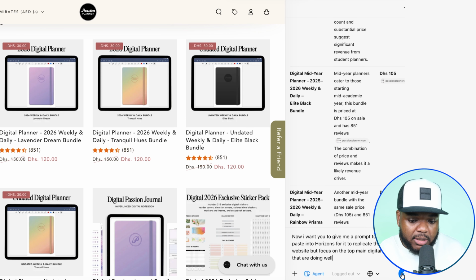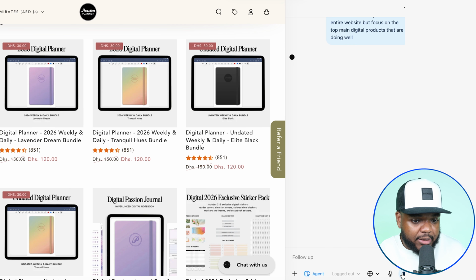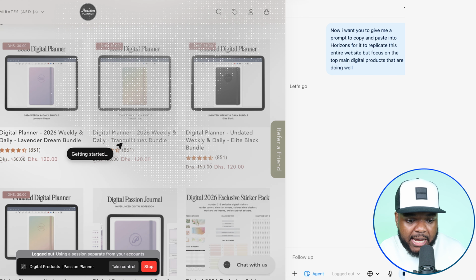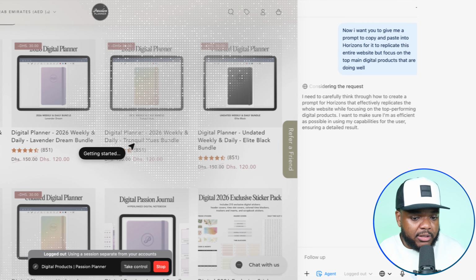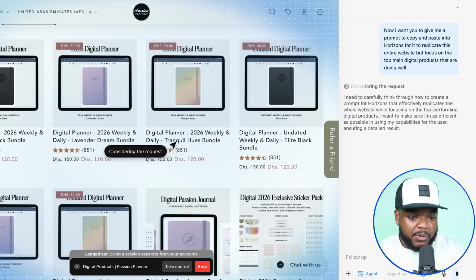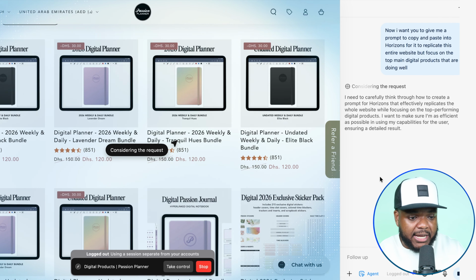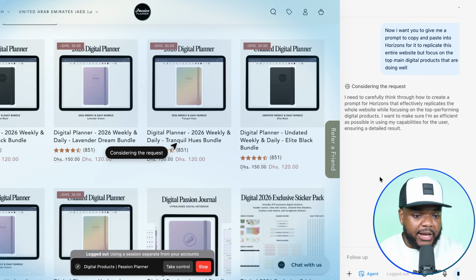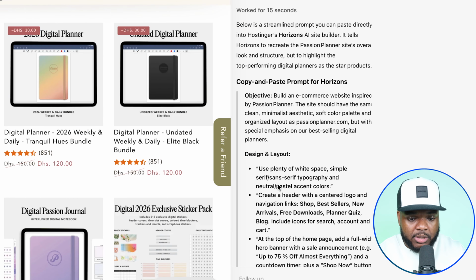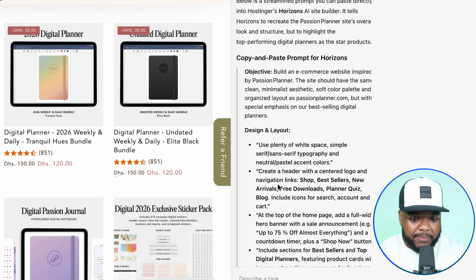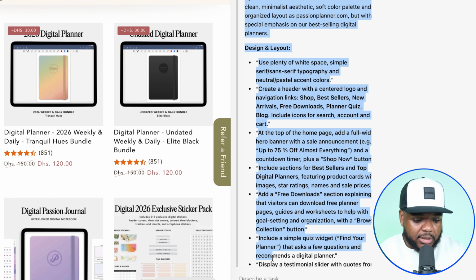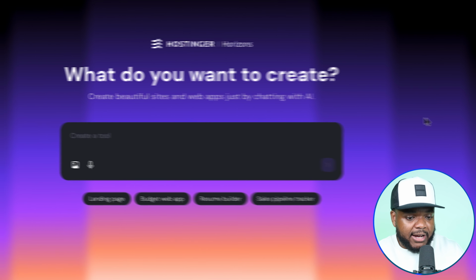So once again, I'm just going to click on submit, and it's going to scan the website. As you can see, it's going to go through everything. It's going to go through how the website has been built, all of the tabs on the website, just the basic structure of it. And I'm now going to be able to get this prompt, as you can see right here. I'm going to be able to copy it just like that, and then go over to Horizons,